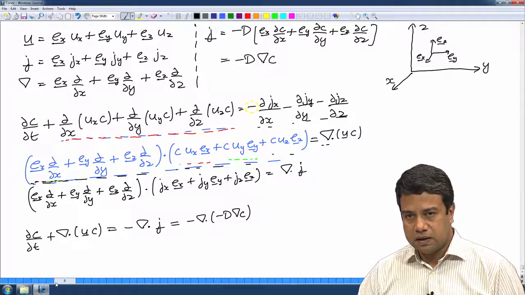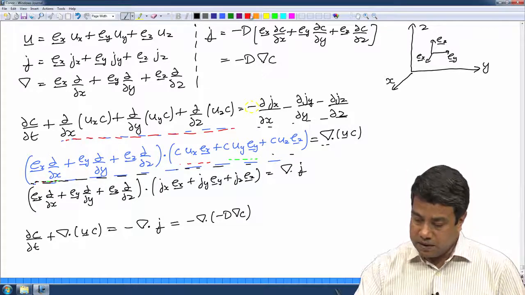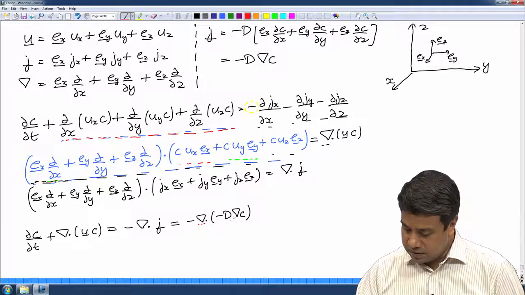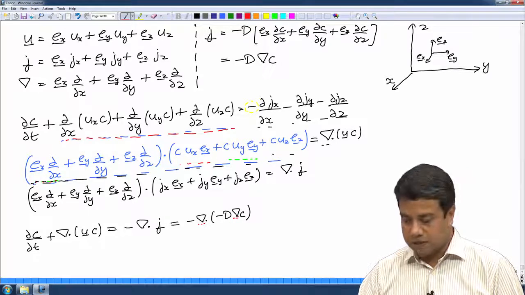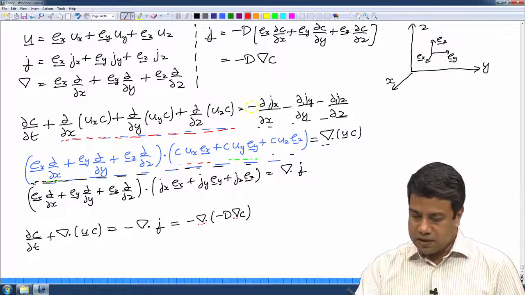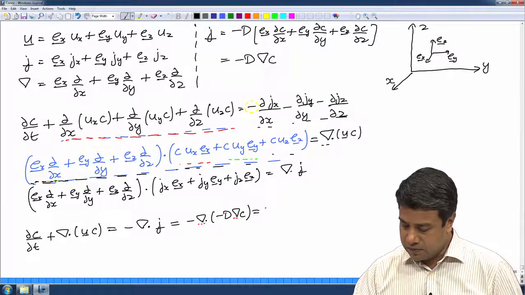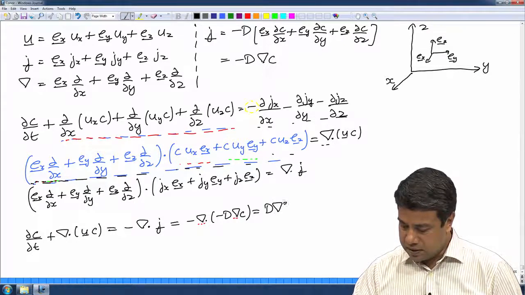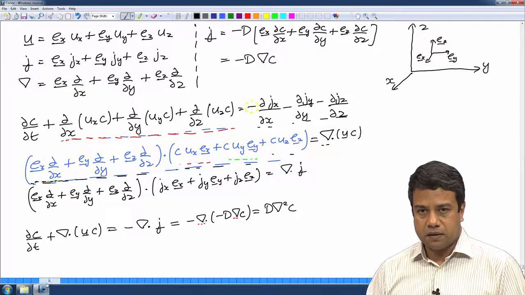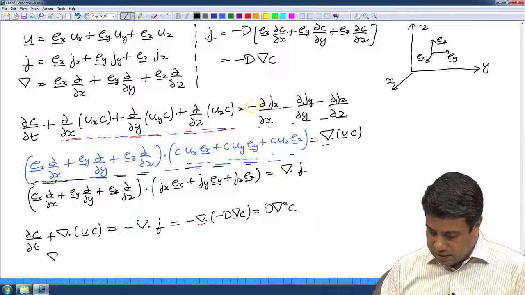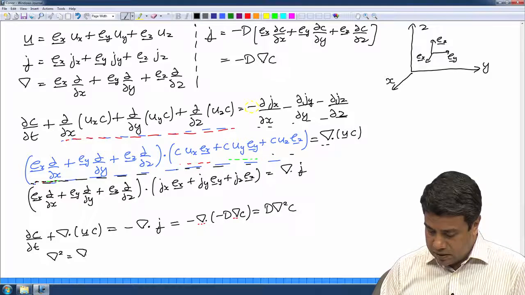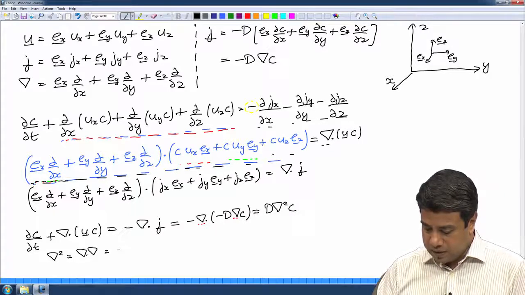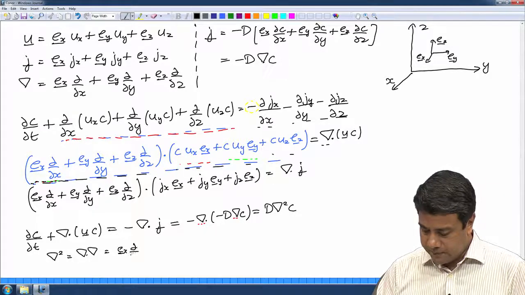Note that the dot product is now between these two gradient operators. If d is independent of position, this just becomes equal to d del square c, where this del square is del dot del, which is equal to Ex